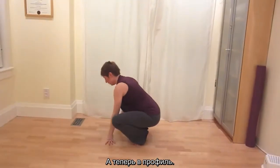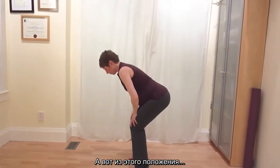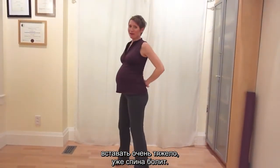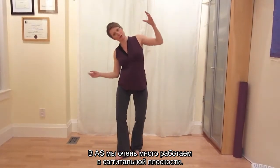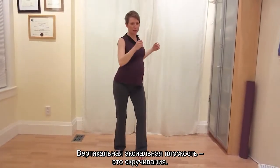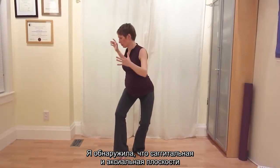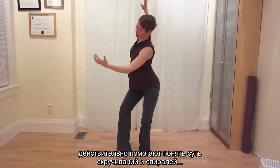Coming back up, feels like I just float back up. Versus from here, whoa, it's so heavy, I can already feel my back getting sore. In Access Syllabus, we work a lot with the sagittal. Sagittal is like, say there's a big wheel and I'm going to bend this way. And the vertical axis is this twist. I have found the sagittal and vertical a really lovely way to get the sense of twisting, spiraling